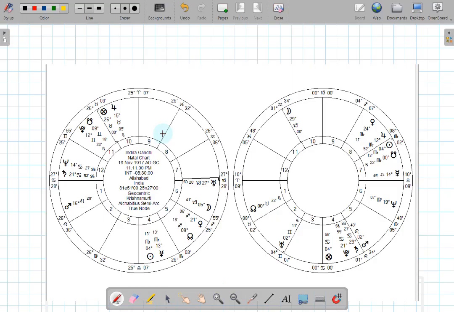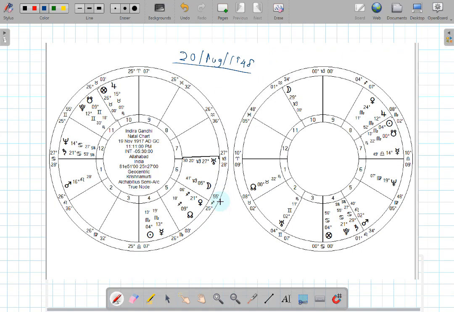Indira Gandhi was blessed with a son on the 20th of August 1948. Let me repeat. This particular video is to analyze childbirth, and Indira Gandhi was blessed with a son on the 20th of August 1948, roughly one year after India became independent. So that is the year, month, and date of birth of Indira Gandhi's son, right?